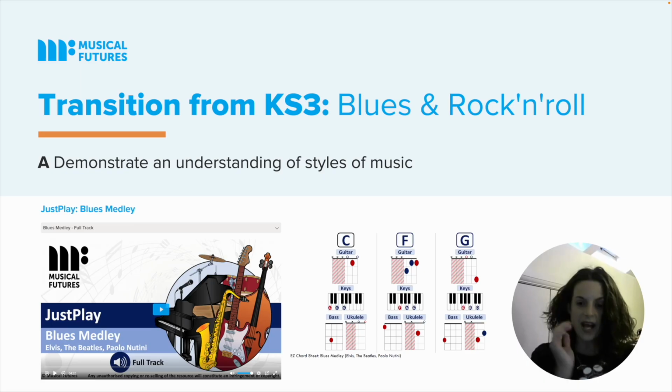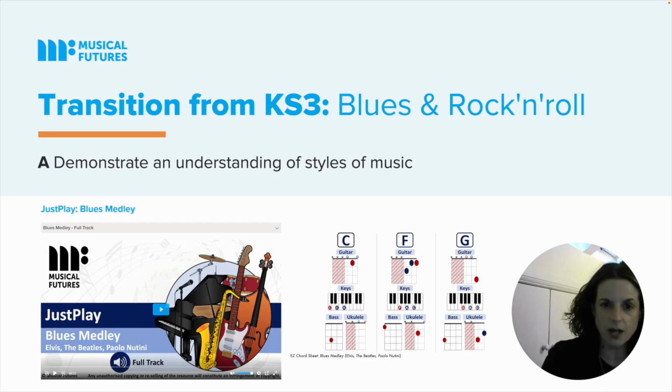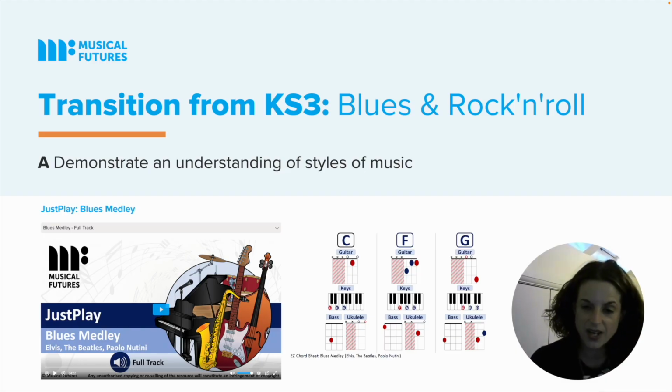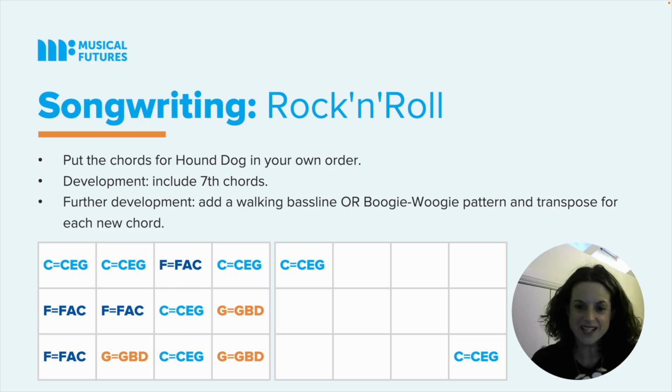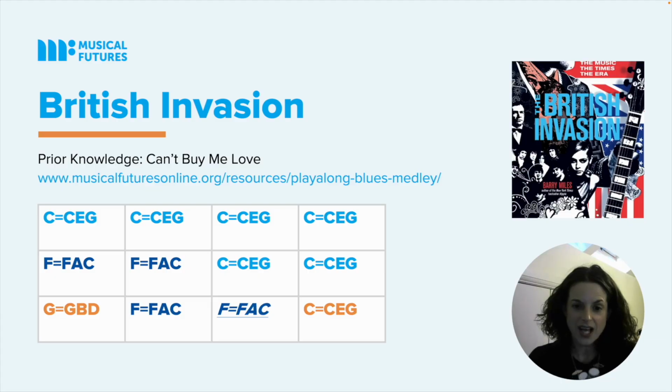So how do we get them there? We normally start in year 10, quite often use the play-alongs to help us transition from Key Stage 3. So basically using these play-alongs, including, for example, the blues ones, quite often start with that just to get them going. Then adding in inversions and sevenths and so forth, so adding on those extensions that make the music sound like what it is. Perhaps thinking about changing the order of the chords around, then linking that with other styles,